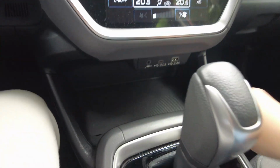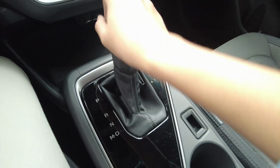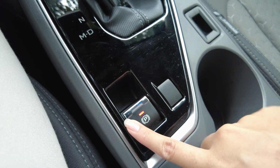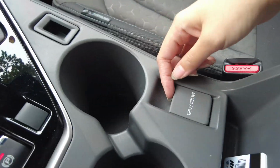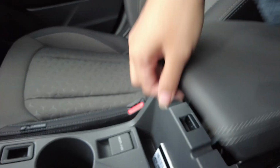And moving downwards, we get a cubby over here. The higher spec variant, I think, gets a wireless charger. And we have our PRND manual, and a little coin holder over here, our electronic parking brake, and 2 cup holders. And we also get a 12-volt socket over here, a little cubby for our cards, and for the armrest, ayan,